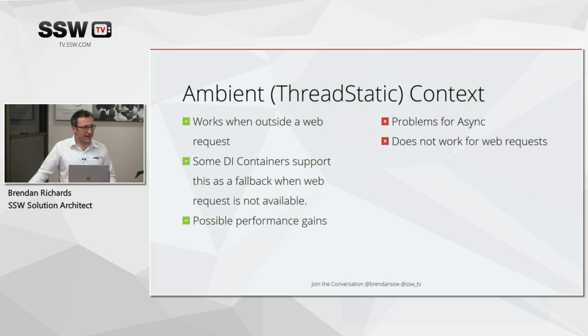Problems for async, of course. You've tied it to a specific thread. And so async monkeys about with what threads you're using, and you can't be guaranteed what thread will come back, so async's out. It doesn't work for web requests under ASP, because actually your current thread isn't guaranteed to be the same thread through the lifetime of that request, which is why HttpContext.Current is used so much, and thread statics, a lot of people in .NET have never used them.